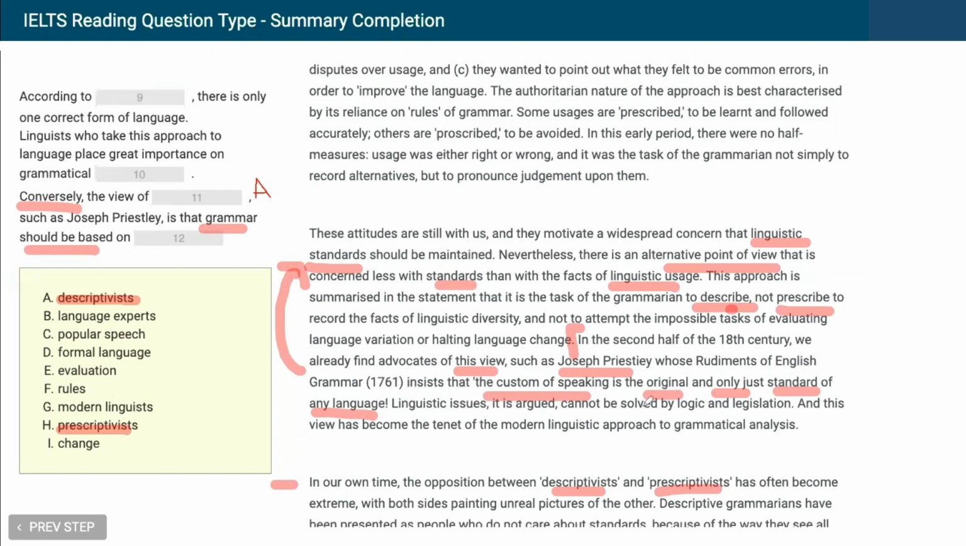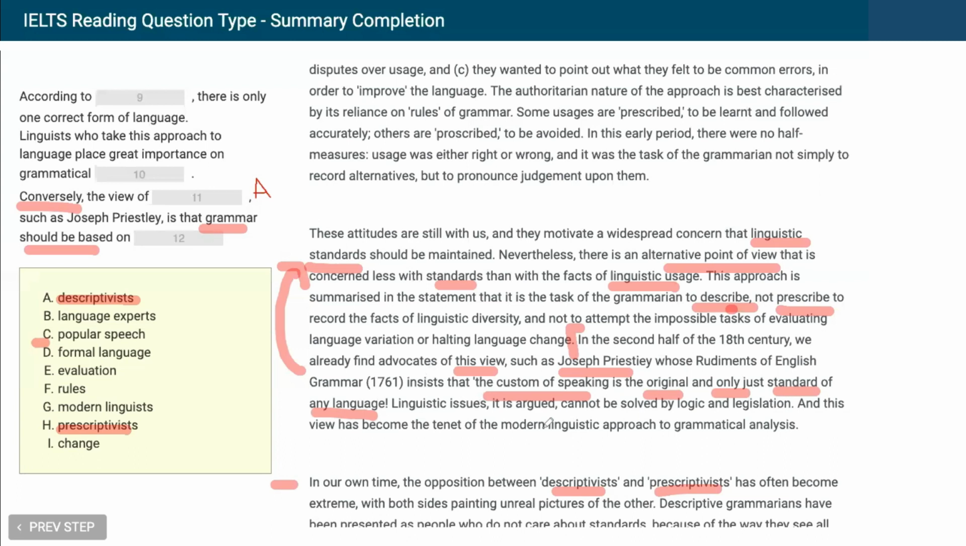Now, again, since we have quotations, this was taken from a direct source. So you see the English is a bit old and antiquated and a bit formal. Here in our text box, we don't necessarily have the custom of speaking, but we do have popular speech. And that is an excellent synonym. And if we input C, popular speech, into 12, it makes complete sense and goes right along with this idea